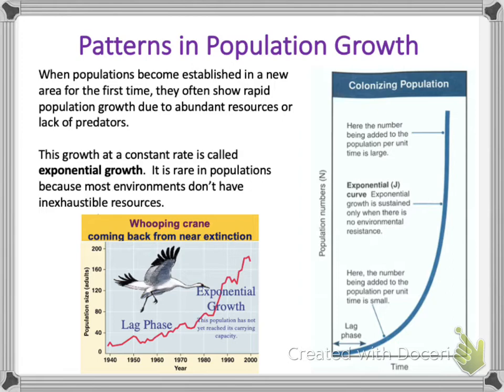When populations become established in a new area for the first time, they often show this rapid population growth, and that's due to abundant resources or a lack of predators or disease in that area. So we tend to see those individuals starting off with what we call a lag phase, where it's a small population size, it's taking some time to be established, and then once it's established, it grows at this kind of